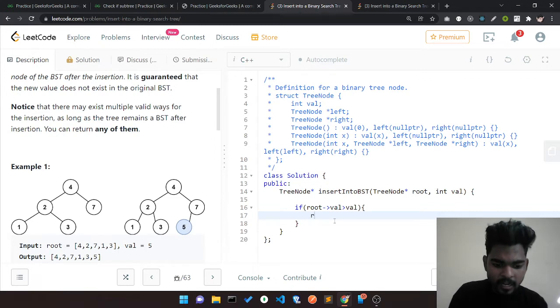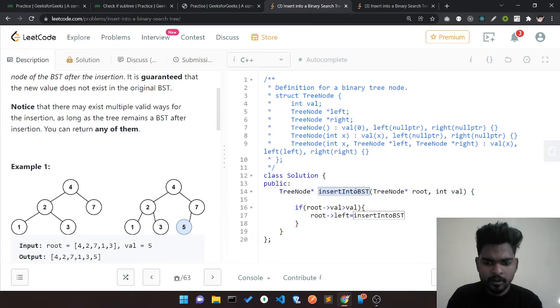So for doing this I call on my root: root is greater, right? It means I have to go to the left. My value 5 would be inserted somewhere there. So I just call root left is going to insert into BST. Let's copy it so I don't write it again and again.